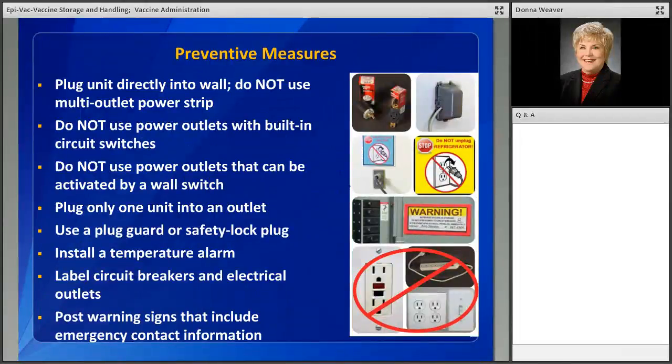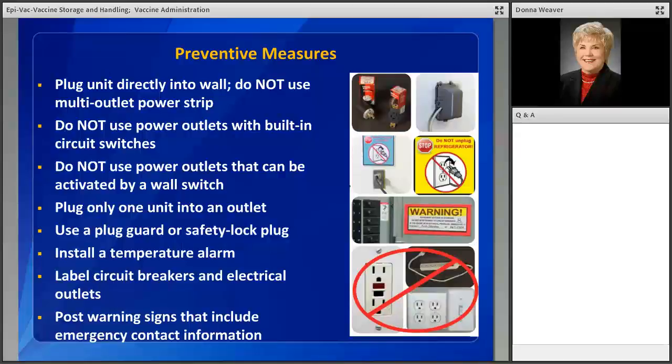Be proactive and take preventive measures to protect your vaccines. Plug the storage unit directly into the wall. Do not use a multi-outlet power strip. Do not use power outlets with built-in circuit switches or power outlets that can be activated by a wall switch. Plug only one unit into an outlet. Use a plug guard or a safety lock plug so that you don't have to worry about anyone unplugging your unit, like custodial staff. And install a temperature alarm to alert you if a problem occurs when the facility is